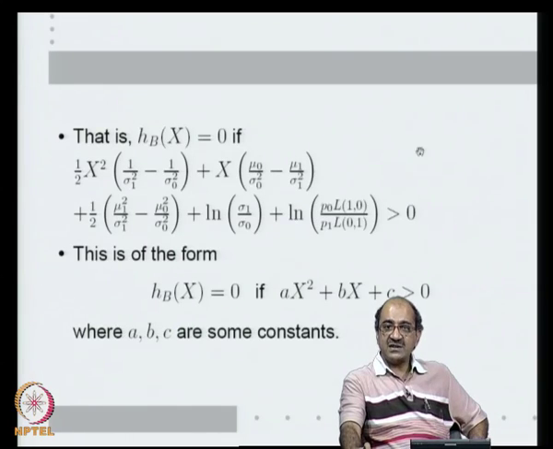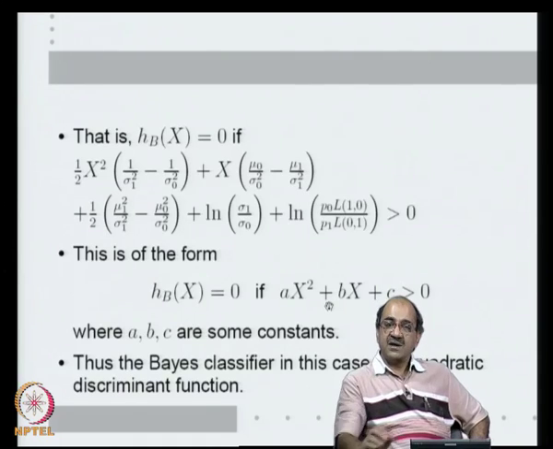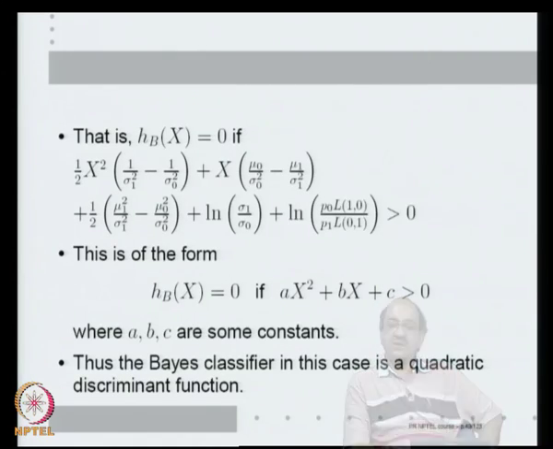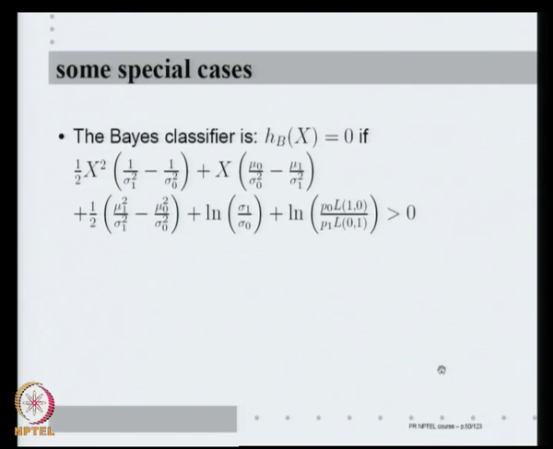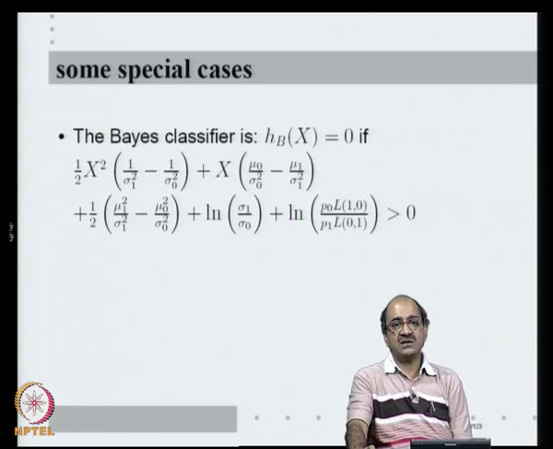But essentially as a function of x, it is nothing but a quadratic. So, my Bayes classifier now turns out to be h_B(x) equal to 0 if ax square plus bx plus c is greater than 0. What does that mean? In this case, the Bayes classifier is a quadratic discriminant function. So, for one dimensional with both class conditionals normal, the optimal Bayes classifier is nothing but a quadratic discriminant function. Actually, in special cases, it may become linear. So, this is the general expression: the Bayes classifier assigns x to class 0 if this quadratic expression is